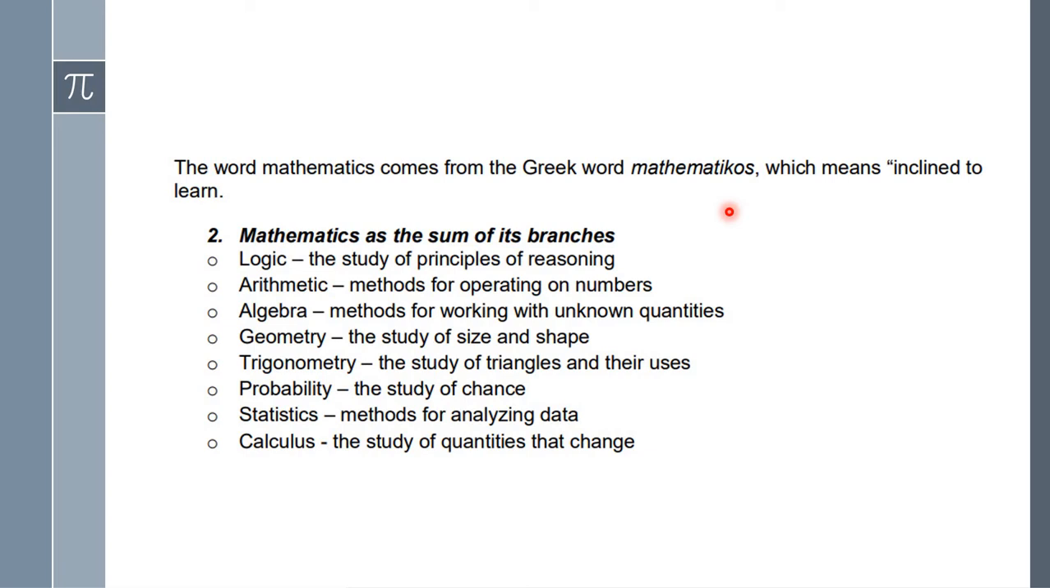Next, the word mathematics comes from the Greek word mathematikos, which means inclined to learn. So it's not just the pure numbers of mathematics. In Greek, mathematikos means inclined to learn. So, inclined to learn numbers. I'm inclined to learn